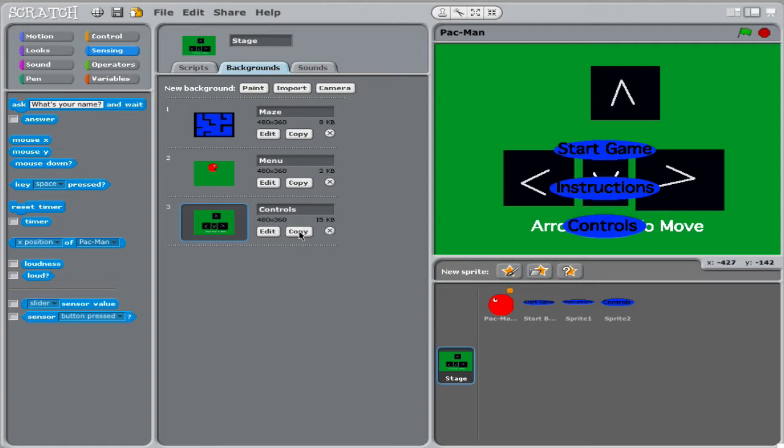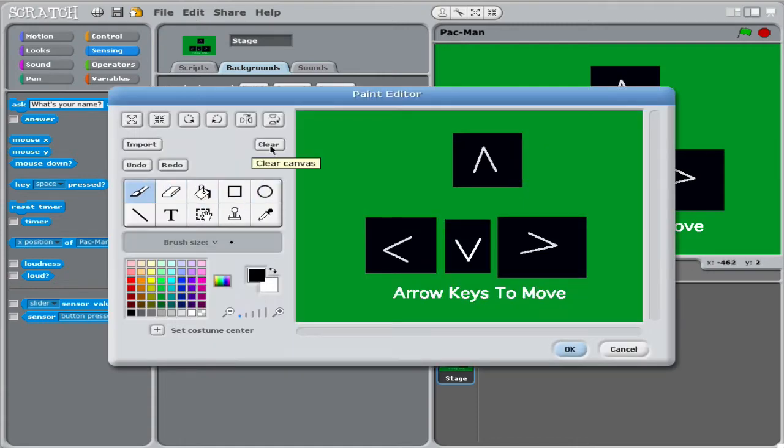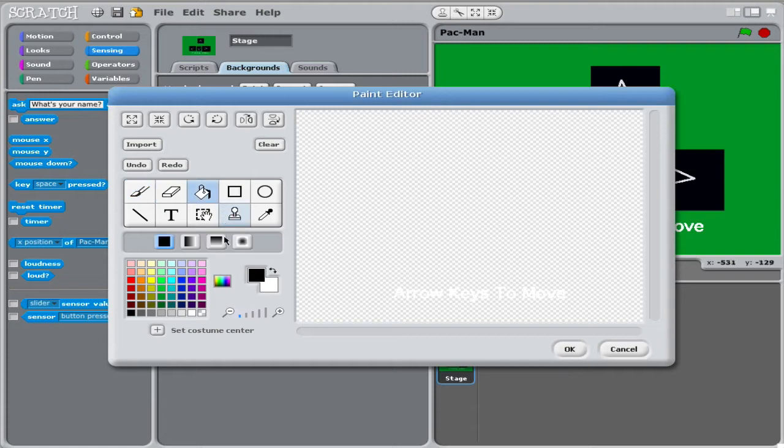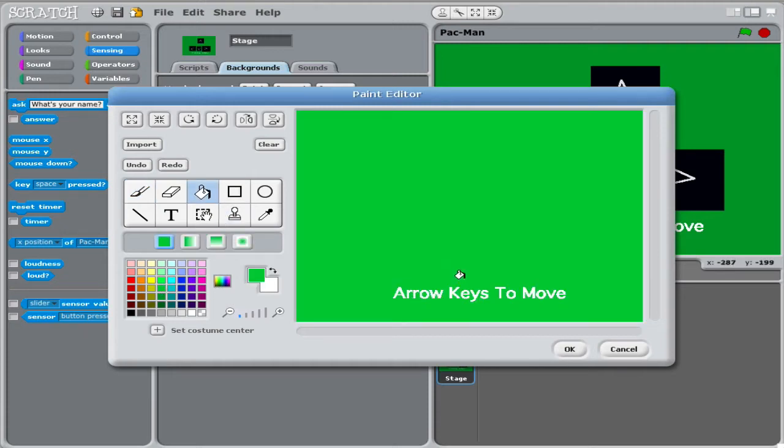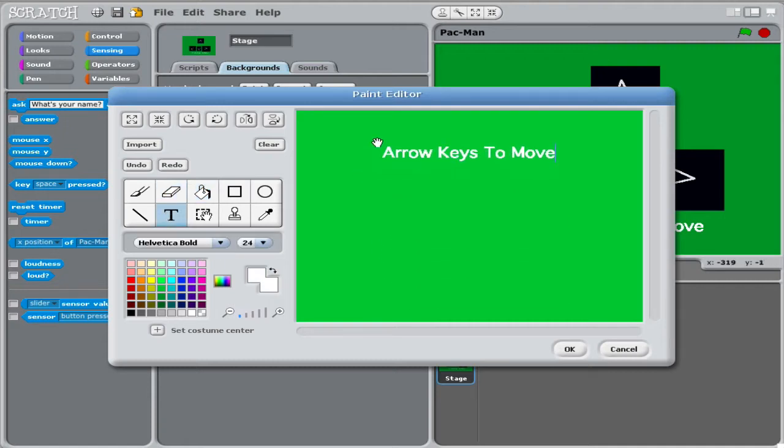So we want to copy this, call it instructions. Then we'll edit, clear, fill tool, and this little shade of green. So we'll just keep that there for now because it doesn't go away if you copy it. I'll show you how to edit that in a second. Now we want to use the text, so if I just click on the text I can edit this again. So all I'm going to put is,